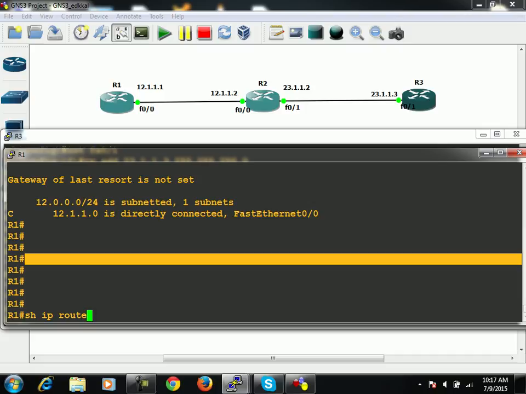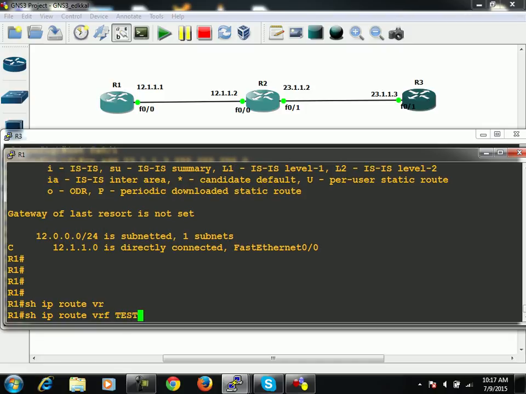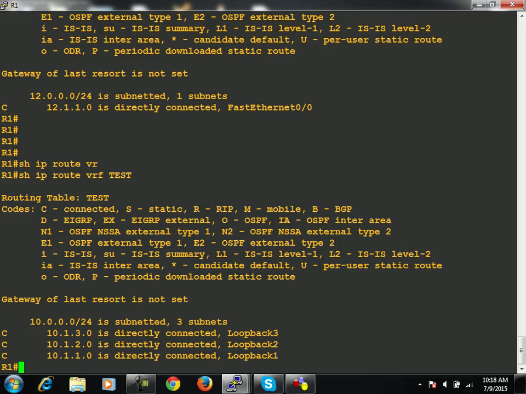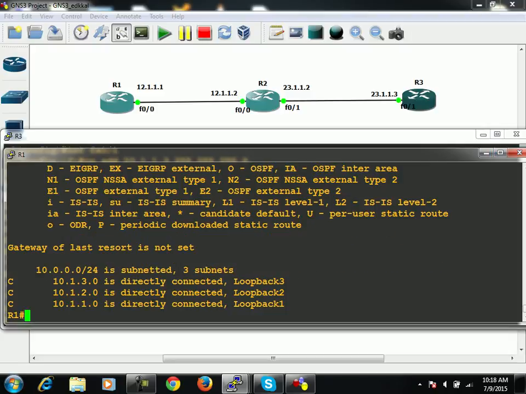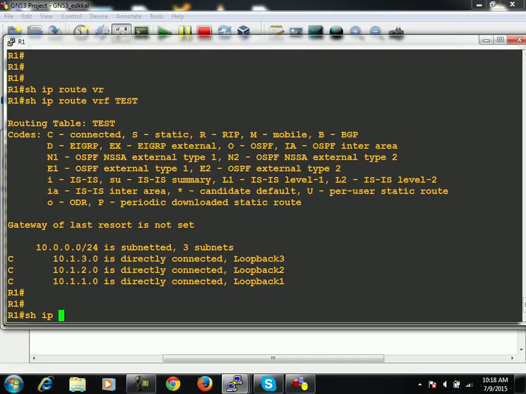So now you see show ip route. It is showing you only the global routing table, and then if you want to see the routing table of VRF test, then the command will be show ip route vrf test. So it will show you the routing table of VRF test, you see. Right? And then if you want to see the routing table of VRF,